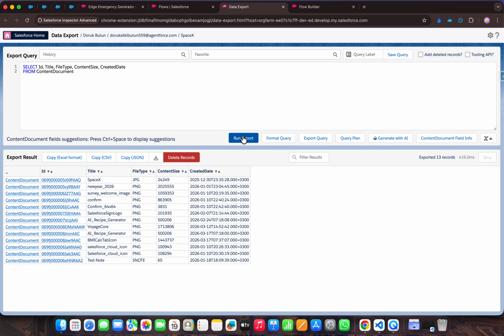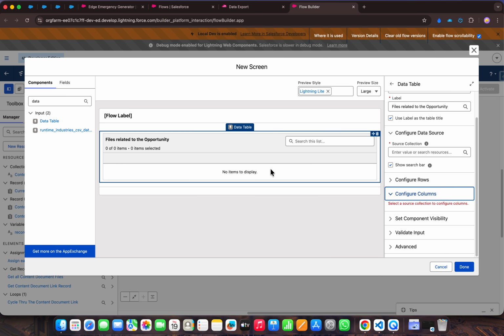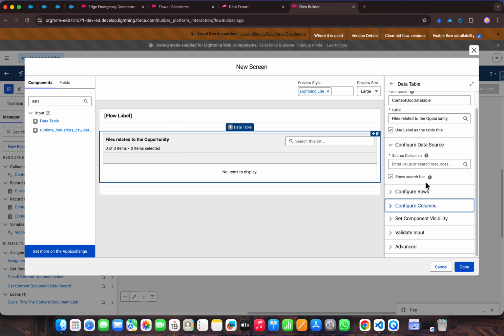Once we execute this, we can get the file types and content size. As I said before, it displays in byte format. And the created date is already here. So the title, file type, content size, and created date are the important column names that we need to display over here. So let's put some columns. First of all, it doesn't enable us to select the column names because first I need to feed the source